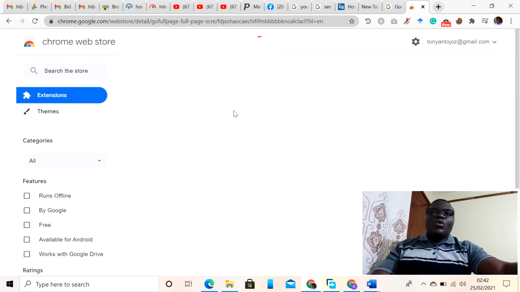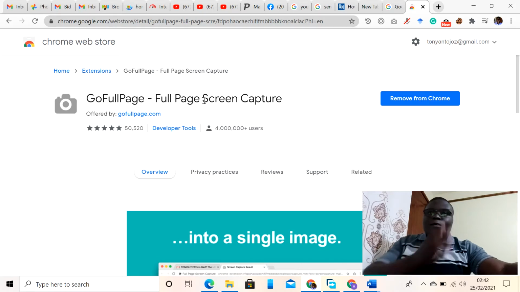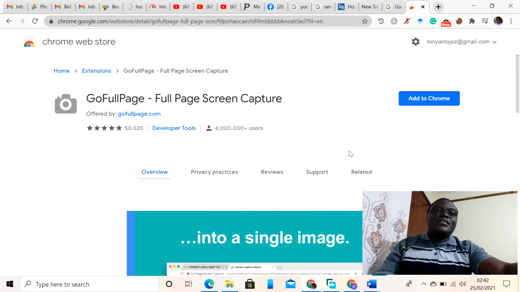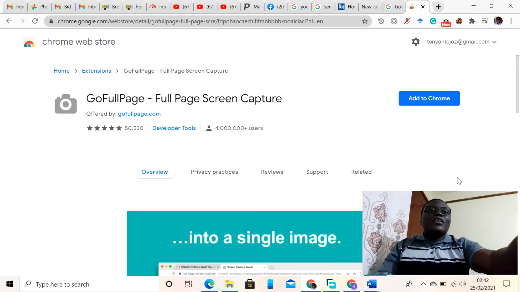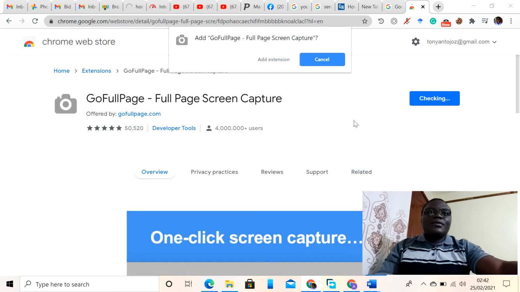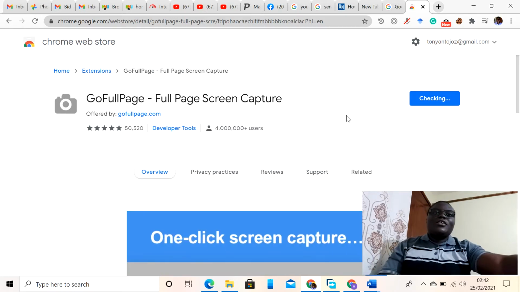Once this page opens up, you're able to see that it's called Go Full Page Screen Capture. For me, I already installed it, but for you, since you have not installed it, let me just remove it so that you can see what it will look like. It will ask you to add to Chrome. Some information there you can read. You click add to Chrome, and then this pop-up window will come. There is add extension and cancel. So you click on add extension,